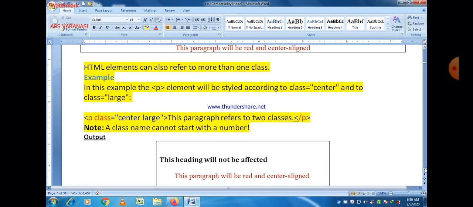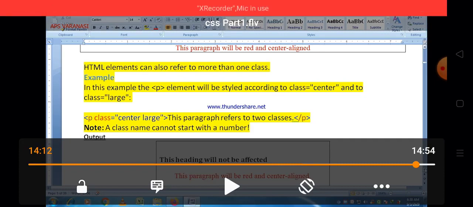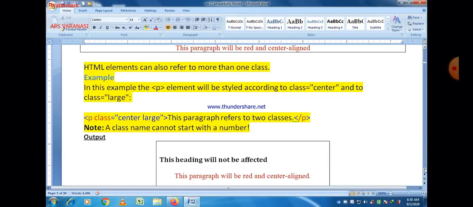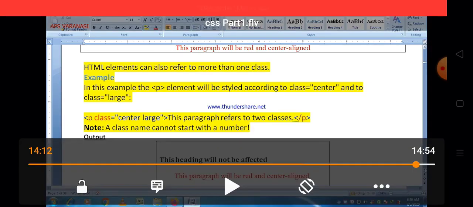So there are two paragraphs, one belonging to the class center and one belonging to the class center large. If we apply a theme for center, then that theme is applied only to the paragraph belonging to the class center. And if we apply a theme for the class center large, then this theme is applied to the paragraph belonging to the center large class. So that is also a very important thing.